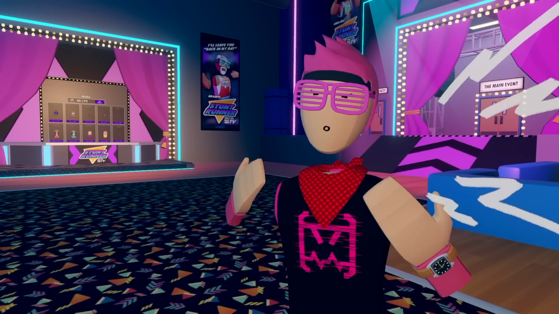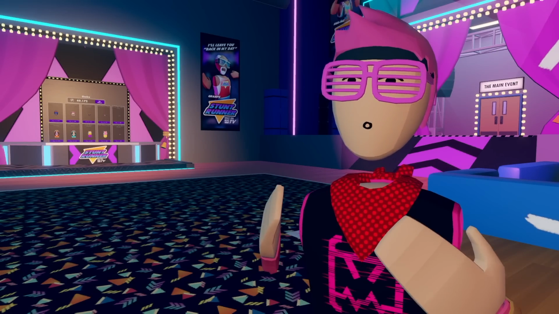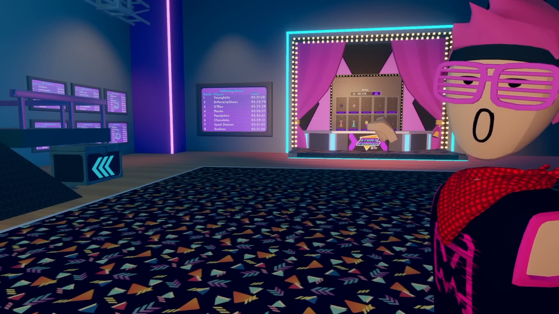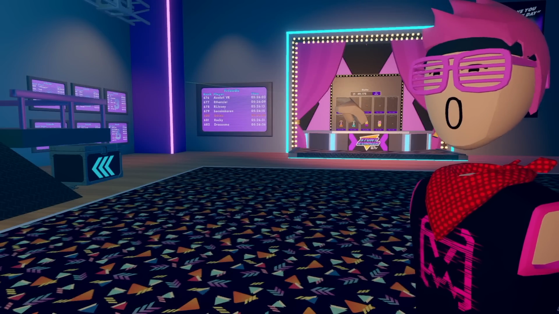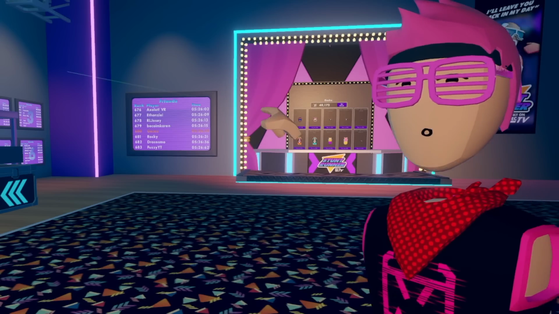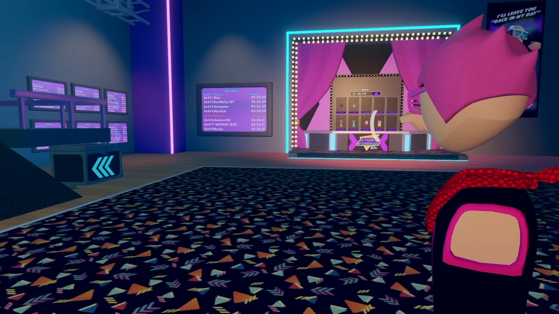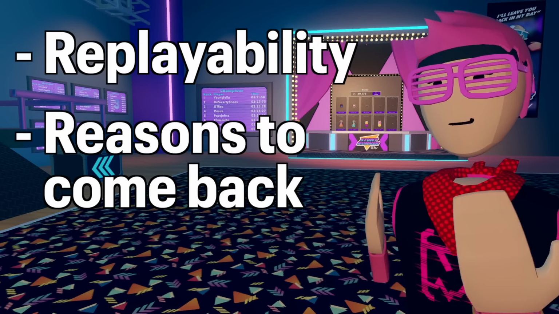Sitting not too far away from Rec Rally, we have Stunt Runner at number 9. Stunt Runner does everything that Rec Rally should have done. Right behind me, I have a booth for cosmetics you can purchase and scoreboards to see other players' time and your own time, and that for each single level. And not only that, those are just purchasables. You can unlock more. It's not even up there. So right here we have a ton of replayability and a ton of reasons to keep coming back and playing